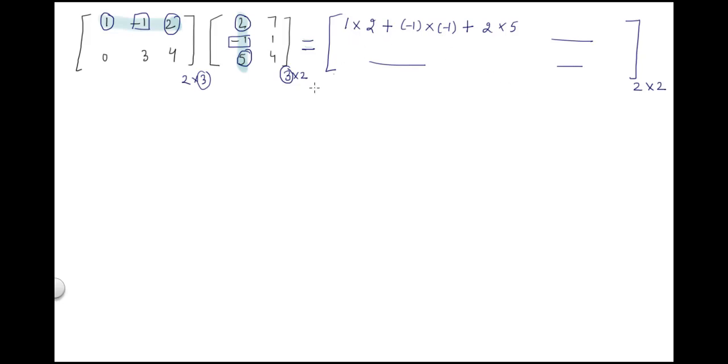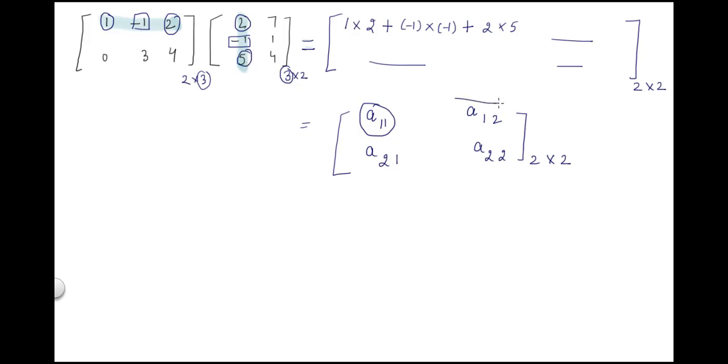So what we are doing actually, we are multiplying first row with first column. Clear? Because if I write it in general form, we will write A11, this will be first row second element, this will be second row first element, this will be second row second element, right? And the order is 2 cross 2. So for the first element A11, you have to multiply first row with first column, which I have written here. And how does the multiplication go? The first element of the row will get multiplied with the first element of the column. Similarly, the second with second and third with third.